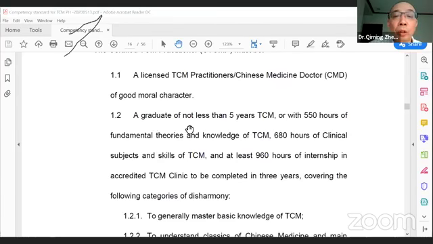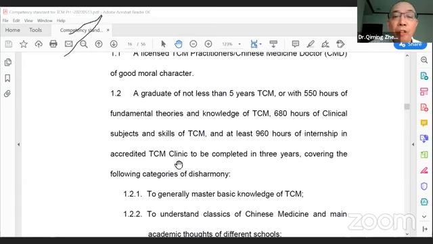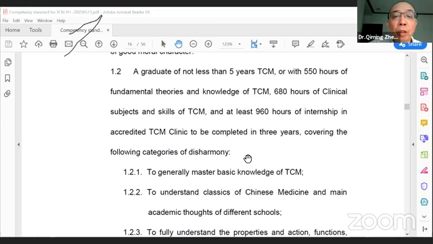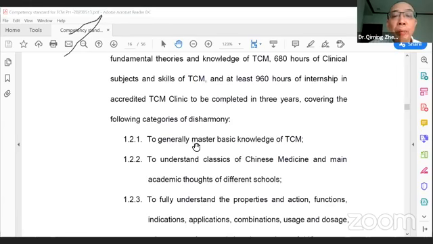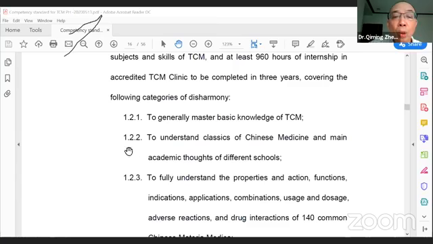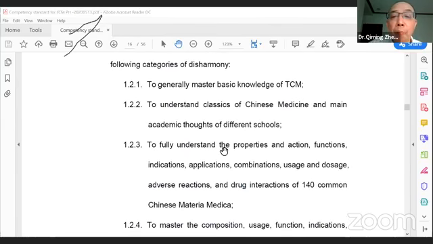A graduate of no less than 5 years TCM, or with 550 hours of fundamental theories and knowledge of TCM, 680 hours of clinical subject and skills of TCM, and at least 960 hours of internship in accredited TCM clinic in the Philippines to be completed in 3 years, covering the following categories of the summary: to generally master basics knowledge of TCM, to understand classics of Chinese medicine and main academic thoughts of different schools, to fully understand the